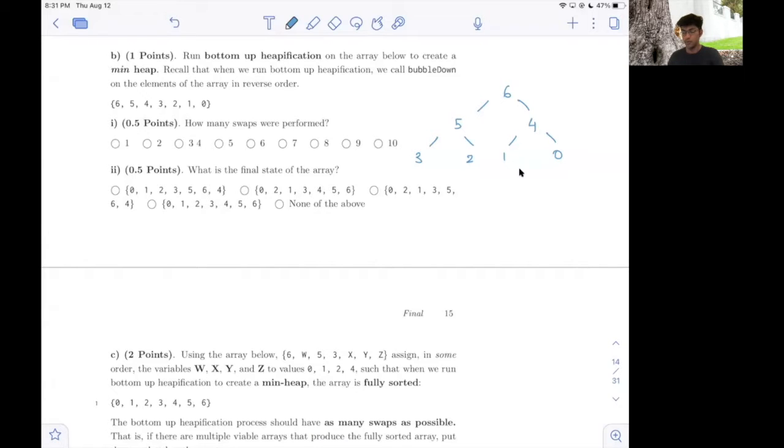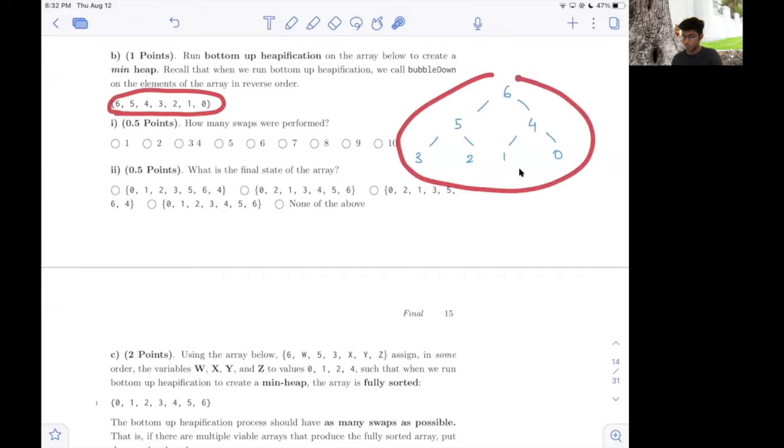Hello, so this is 61BL Summer 21 Final, question 6B. In this question, we're given an array form of a heap. And again, this is a min heap, or supposed to be a min heap, but we want to heapify this array so the heap property is satisfied for every element. So the heap version or the tree version of this array would look something like that,